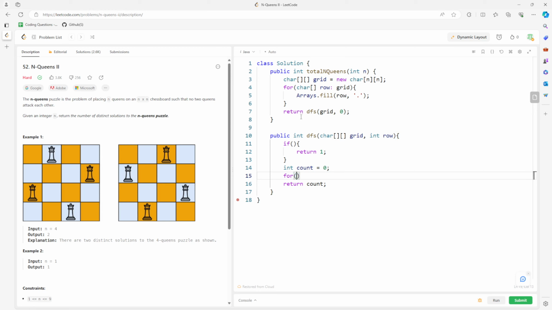So I'm going to start from the column. So column starts from 0, and the column has to be less than the columns of the grid, then column plus plus. So while we traverse the column here, this is because in one single row you can only put one queen. So if you increment your row index, you are definitely not going to have two queens in the same row, right? So you have to increment your column and traverse the column to make sure you do not collide with your other queen, right? So if it is valid,